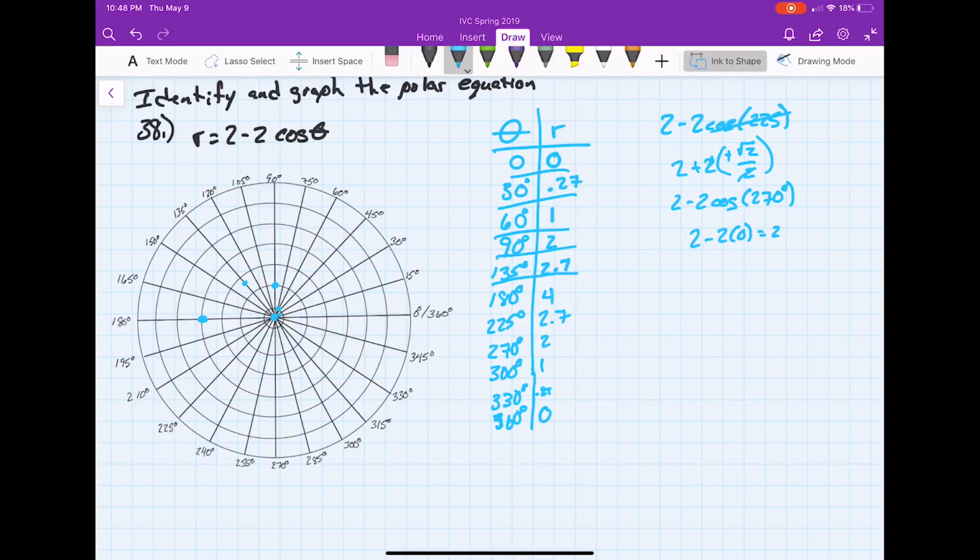And then we start reflecting everything that we have up above the x-axis, down below the x-axis. We didn't get any negative radiuses, so just going to continue around like this. So we get this little heart shape kind of pointing to the left here. Oops, of course, now it wants to make a circle. But